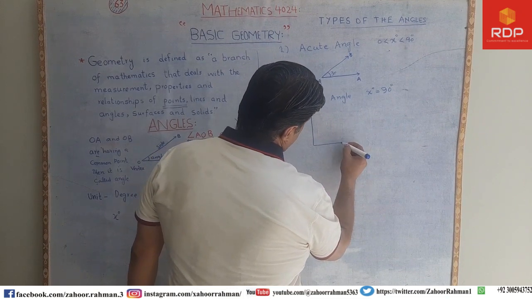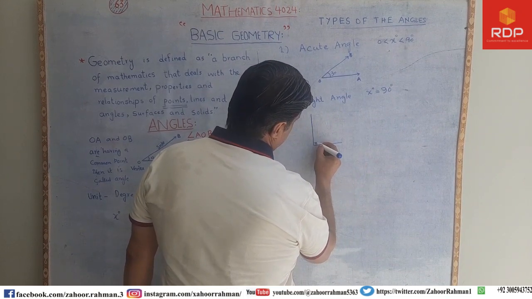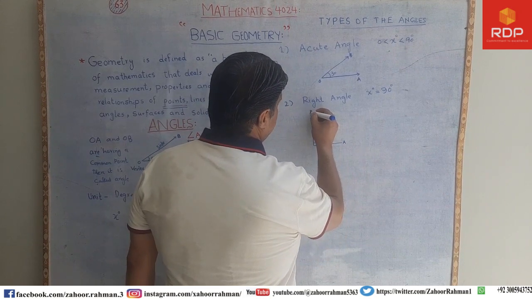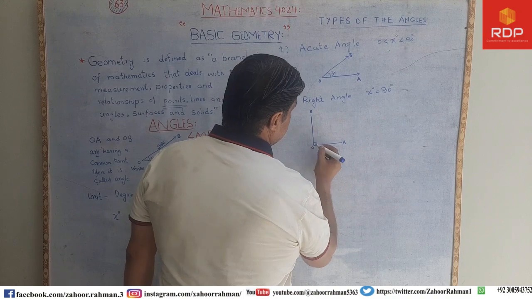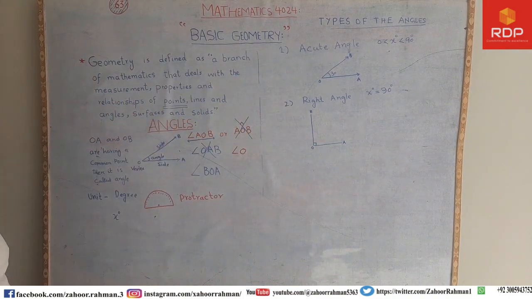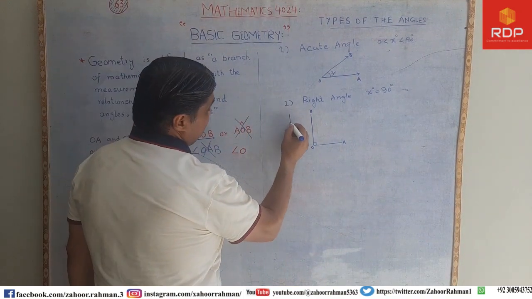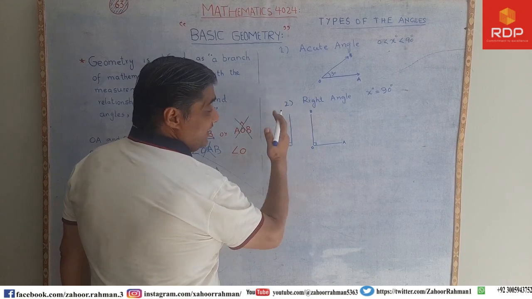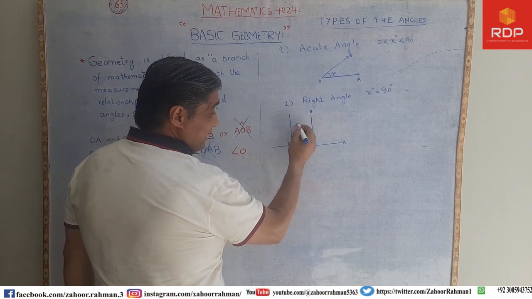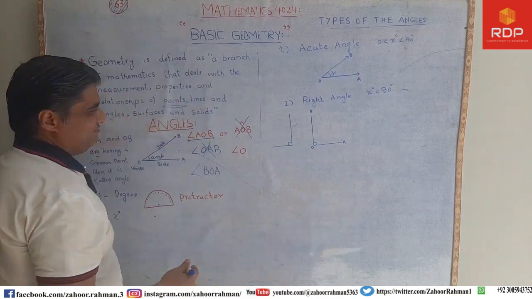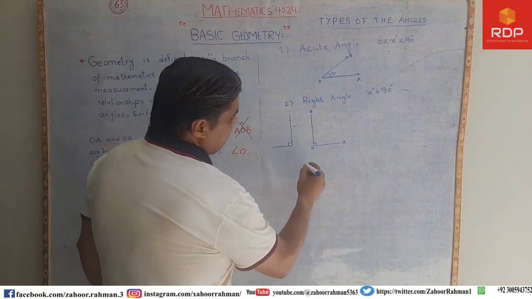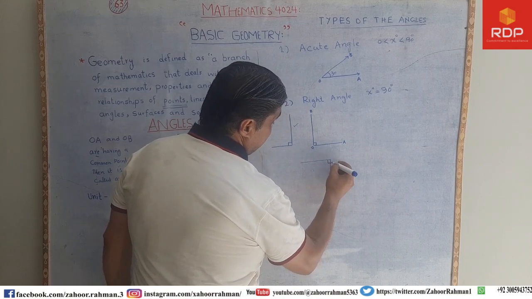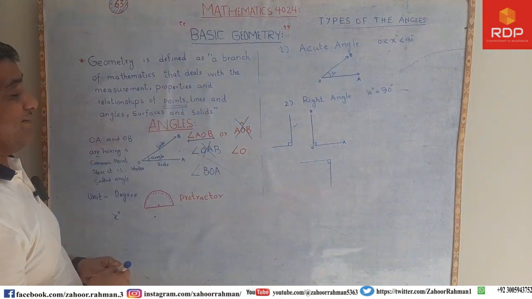Many people are confusing that if an angle is on the right side of two lines, for example this one, this is on the right side, then this is right angle, this one is not. No, it is not. This is also a right angle if it is at the top, and right angle is